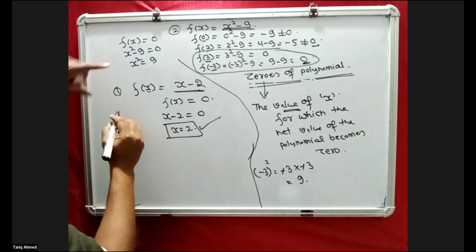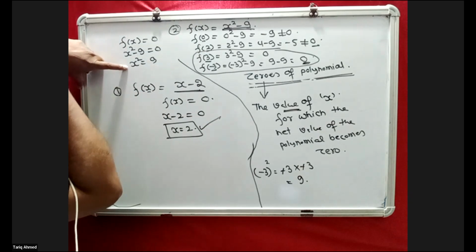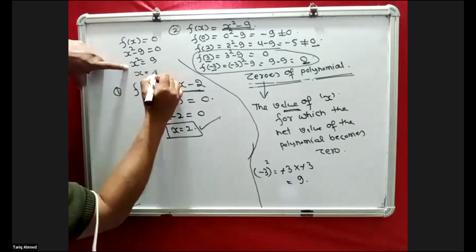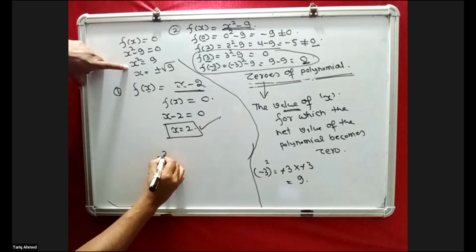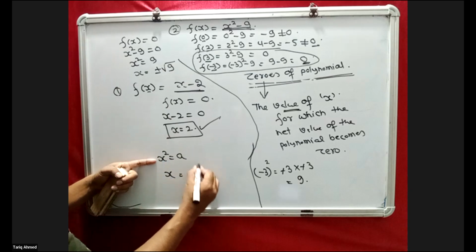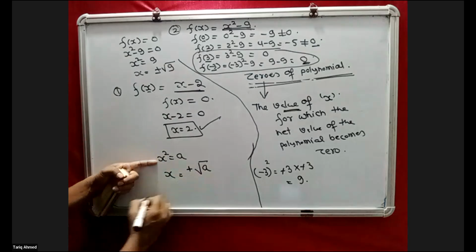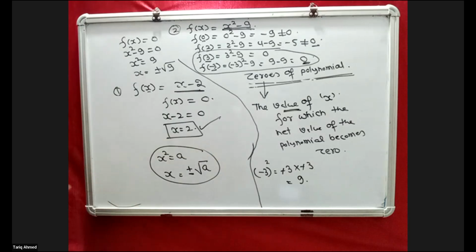Now see, here what I am going to do. So far you have not done it, but from now onward you have to do this. If x square is 9, then x becomes plus minus root 9. See, this is the formula. If x square is a, and you want to find x, we take the square root of this number, and we will get two values, one plus, another minus. So this is the formula: if x square is equal to a, then x is equal to plus minus root a.